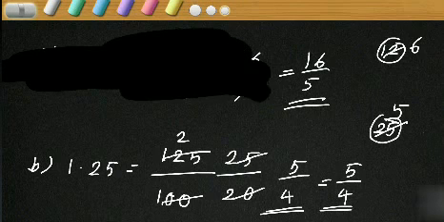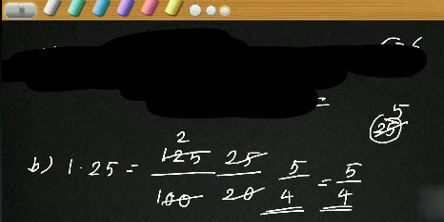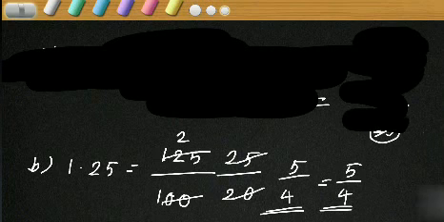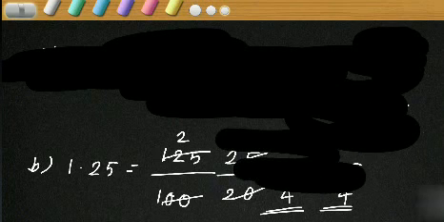Now try to do C. The question is 7.2, no, 6.2 we had done. Sorry, 7.4. 7.4 is the question. So what is the first step? Remove the decimal point and write the number. So the number becomes 74.